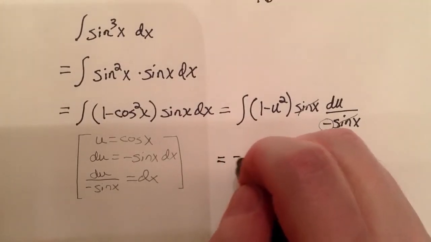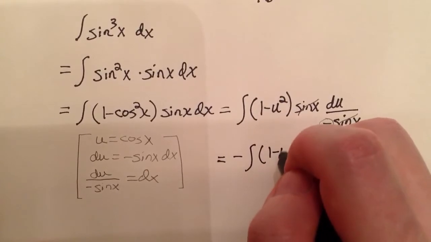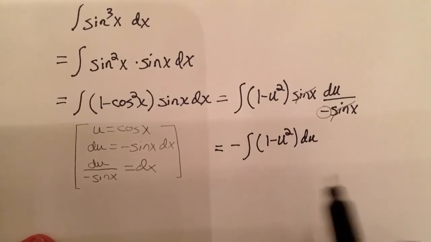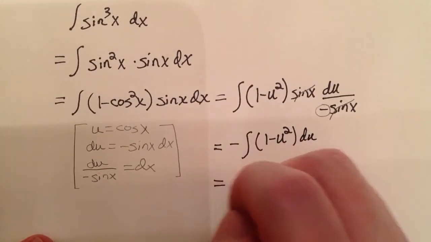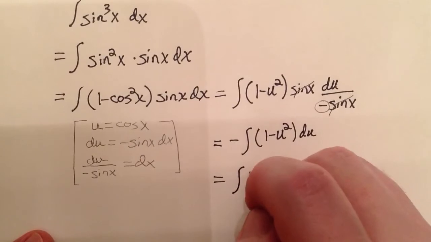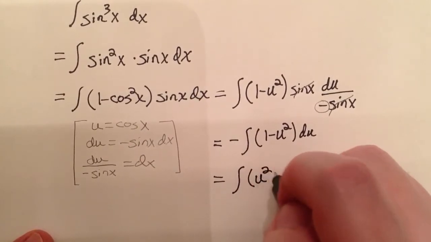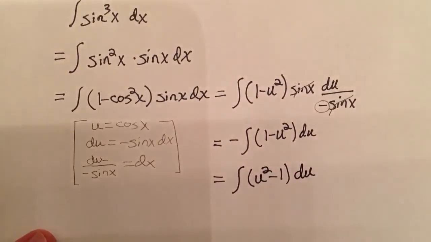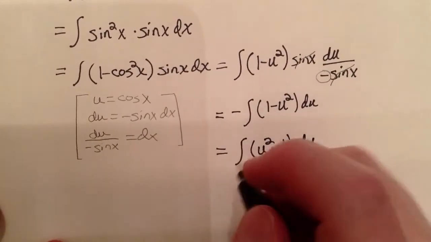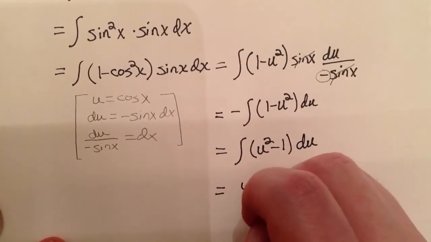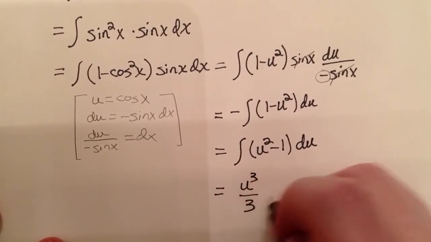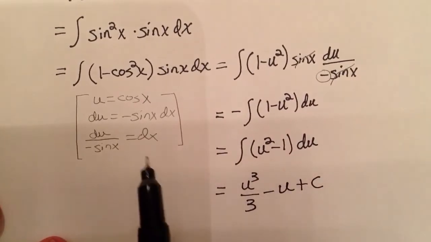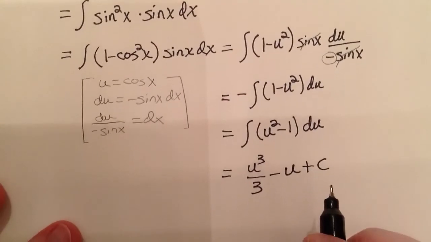and so at this juncture we have the negative of the integral of 1 minus u squared quantity du, and again we can distribute the negative and just rewrite this as the integral of u to the 2nd minus 1 du. And so for what we have in the substitution variable, we have the antiderivatives will be u to the 3rd over 3 minus u followed by the constant,